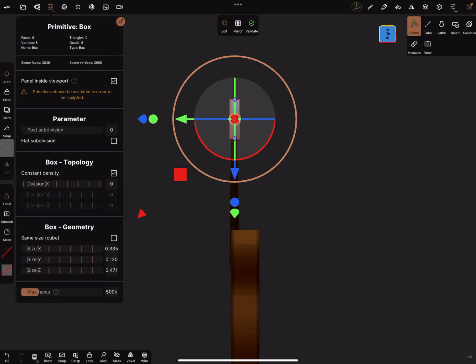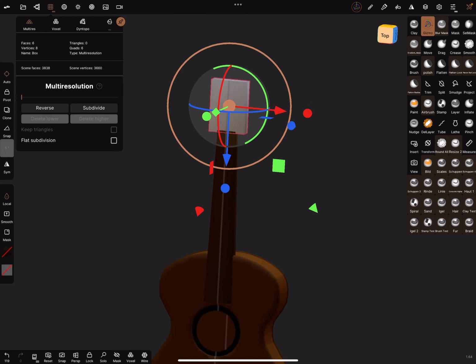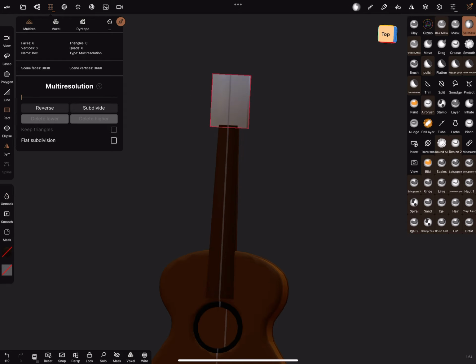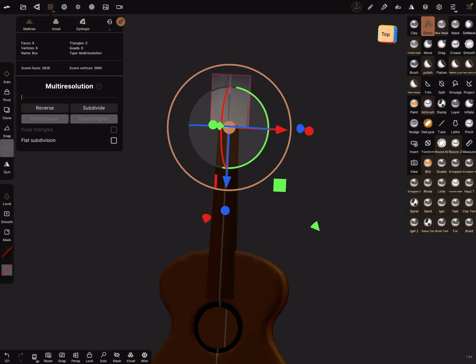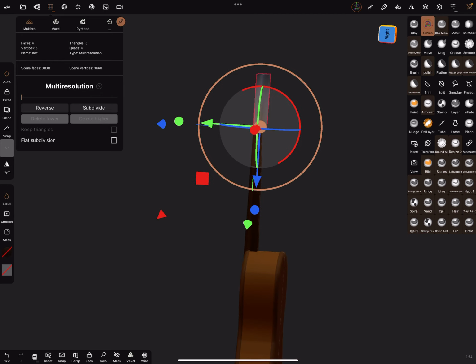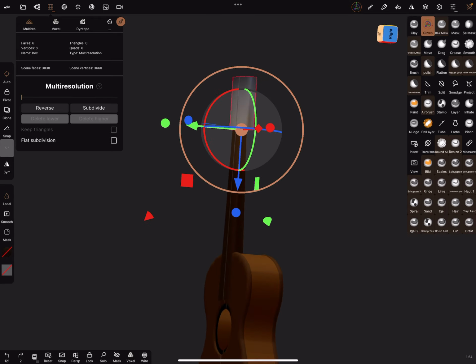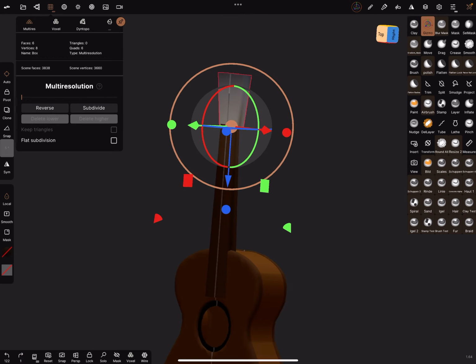Bring it in position and validate it. You can do the same steps as before. You can use the selection mask, mask it, and you can invert the mask and adjust it here like this. And you can also rotate it a little bit. Oh, we have to clear the mask.